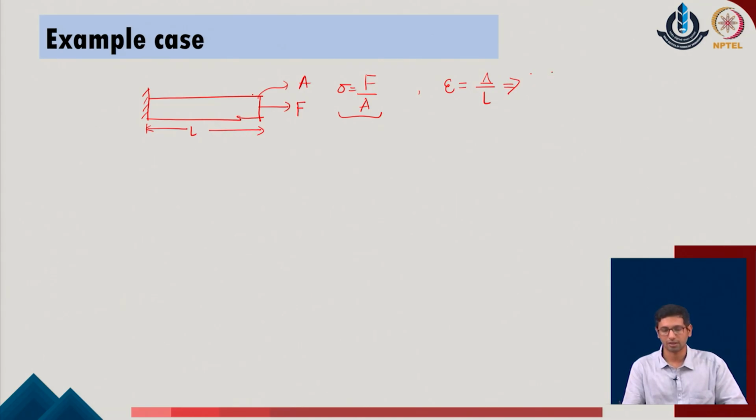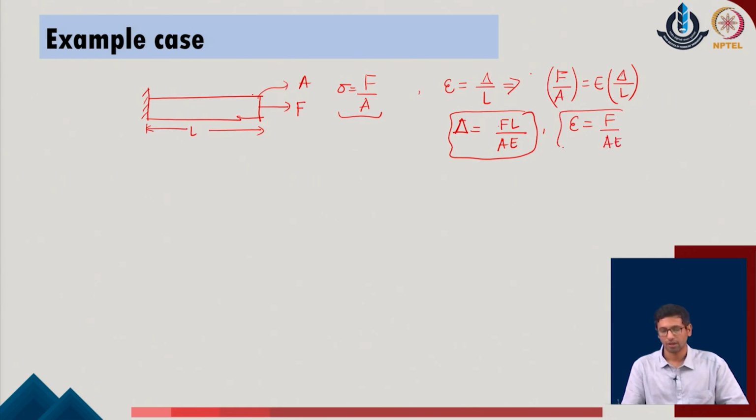So we can write from here that AE upon L, which is sigma upon A, which is F upon A, the amount of the stress in the given system, is equal to E into delta upon L. So, from here the user can identify that the delta value can be identified as FL upon AE in the given system. So, this will give us a proper measure of the strain parameter on the given system as F upon AE.